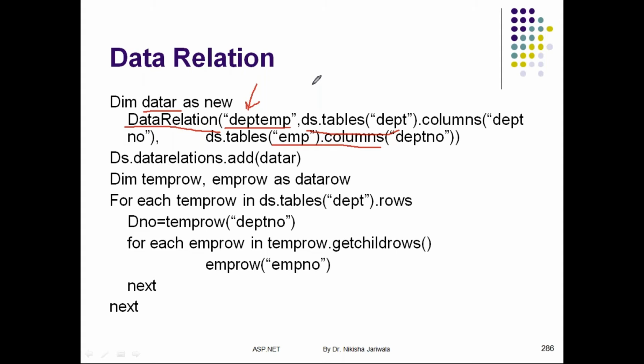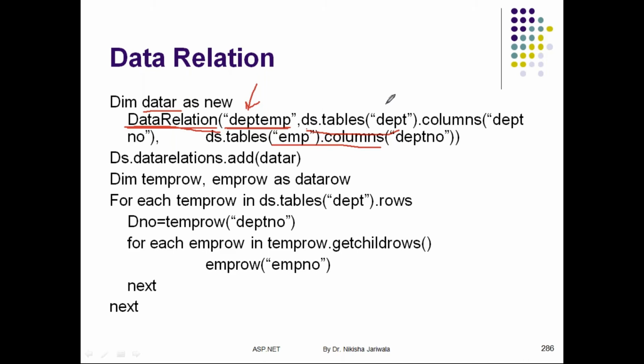As you give a variable name, over here we need to specify the name of the data relation, which we want to refer to further in our logic. So the name of the data relation is DEPT EMP.